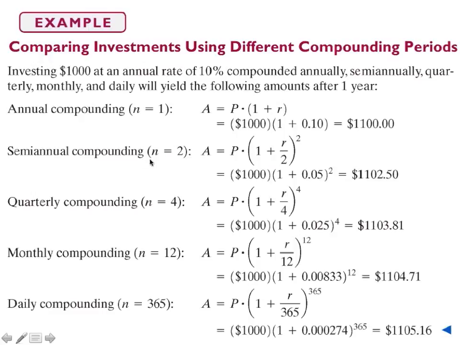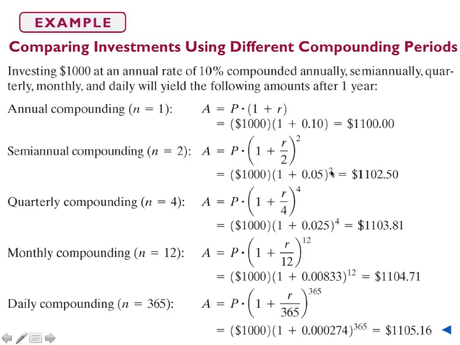Now, this next one, for semi-annually compounded, that means that it happens twice a year. So what you're going to do is you're going to take your principal, which is 1,000, and then you're going to do 1 plus your rate divided by 2. So you take your 10% and you divide it by 2, and you get 0.05. And then you just square it because you have to the n times t power, so you have the 2